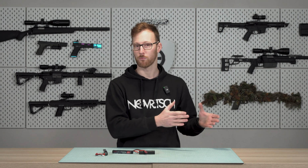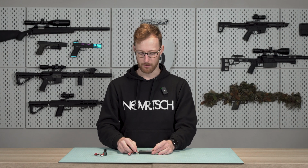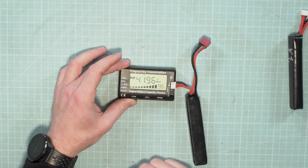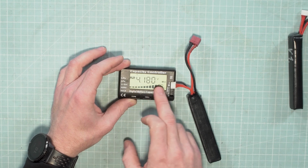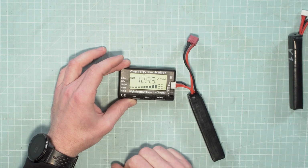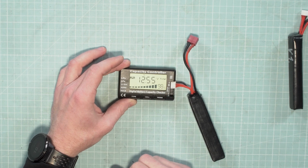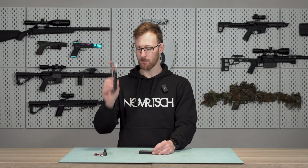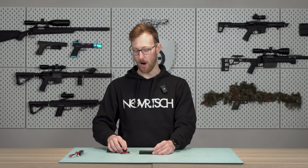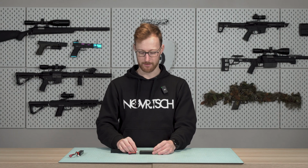If you see anything way bigger than that, which we will see with this one, that's a time to get rid of it, definitely. If I push the button again, it will show me the maximum, which is the third cell, the minimum, which is the first cell, and I can just cycle through it, total voltage, and so on. All right, that's how you check a battery, and now I will show you how a dead battery looks like,